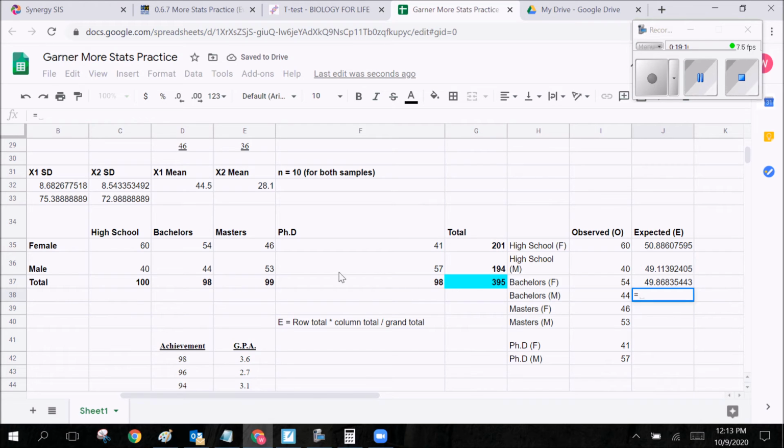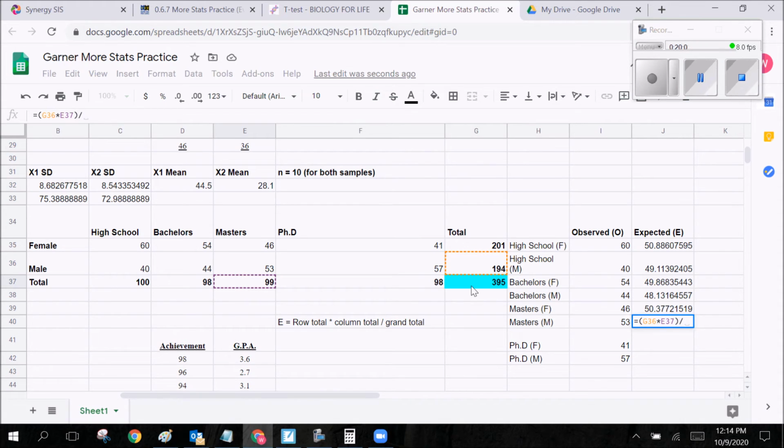Next one, bachelor's male, parenthesis, bachelor's male. Okay, starting here, row, okay. Column, close, grand, equals. Okay, master's female, row, times, column, divided by grand. Okay. Now we have our masters with male, row, times, column,